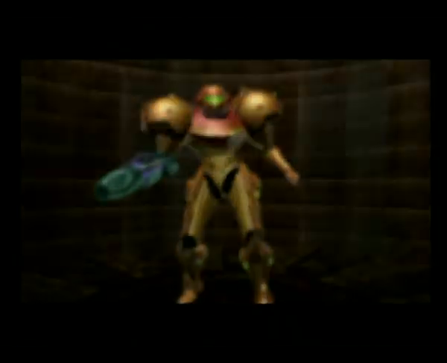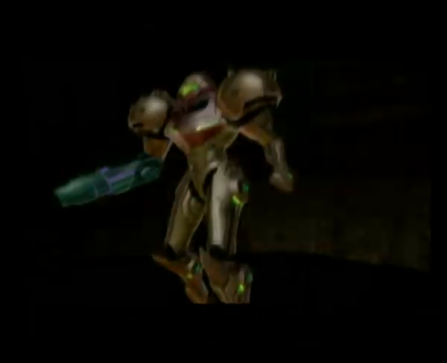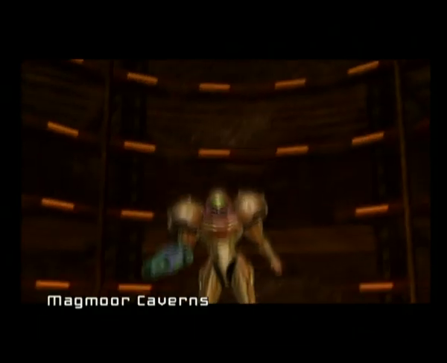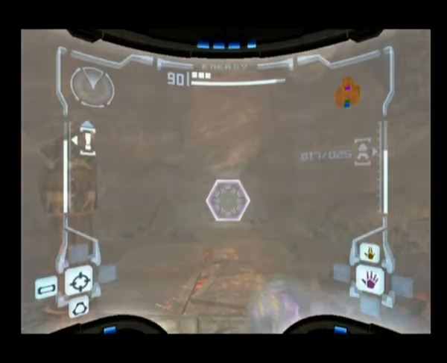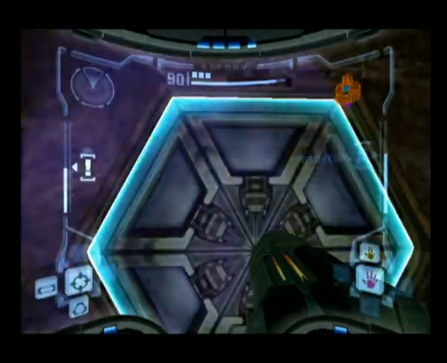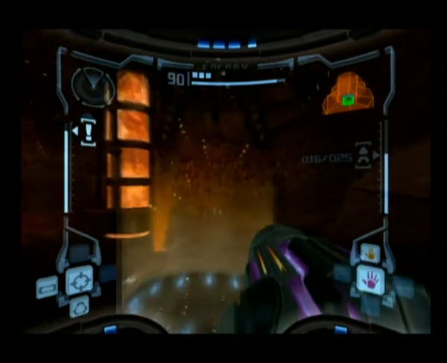But before that we need to go and save, and I always use this save station after defeating the boss in the Phendrana Drifts. I always go to this save station. It's always good to explore anyway. So the save station is behind you, and it's a missile door as always. And then